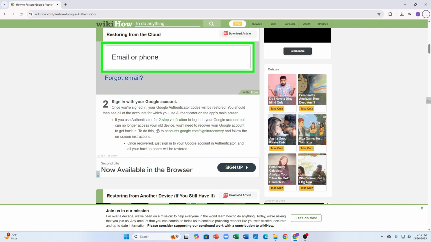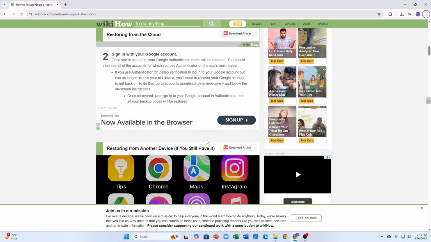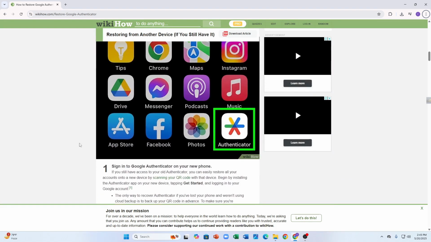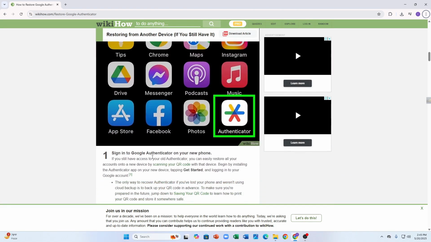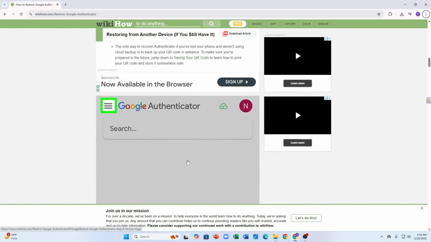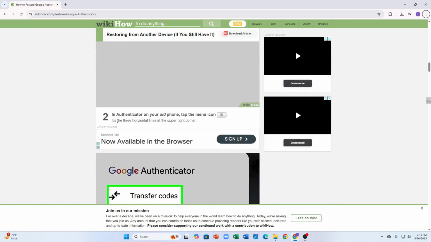To do this, go to accounts.google.com/sign-in/recovery and follow the on-screen instructions. So first of all, you need to sign in to Google Authenticator on your new phone. After that, you have to